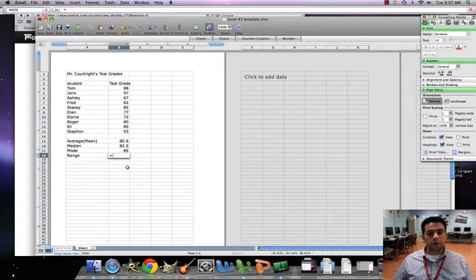What we're going to have to do is figure out the maximum number in here, or the highest test score in here, and then subtract it by the minimum or the lowest test score in here. So to find the maximum number, we're going to type in max. Now we're just going to, like we did with the other ones, white plus button,